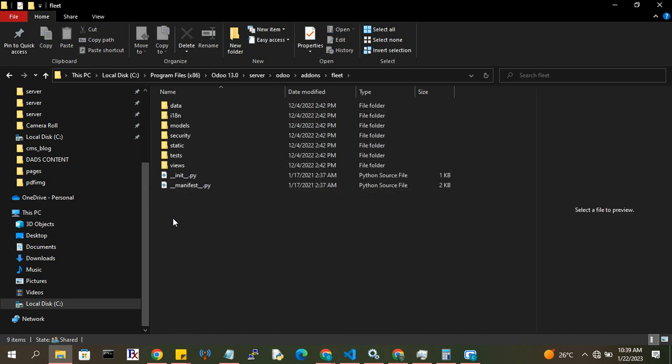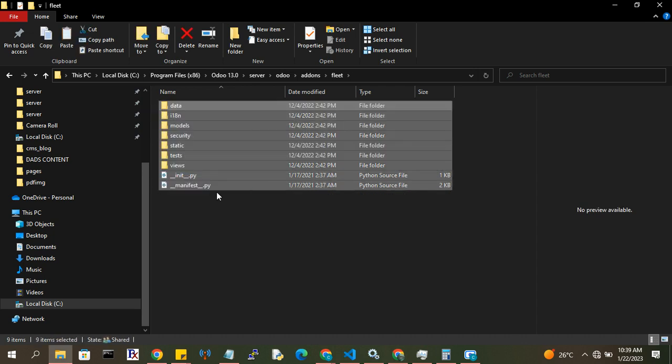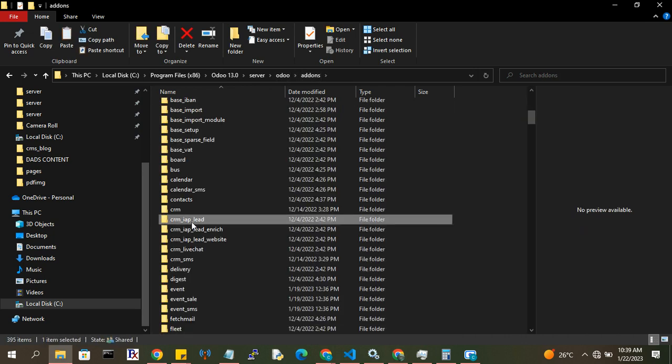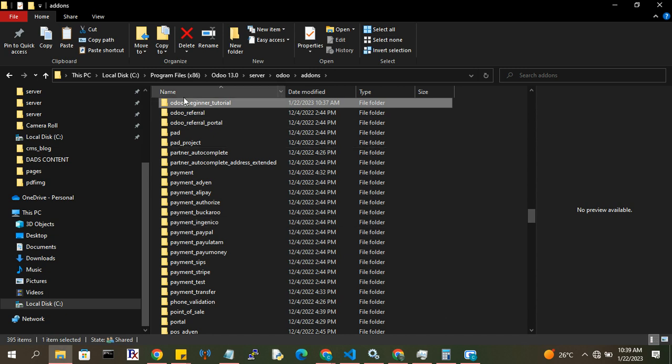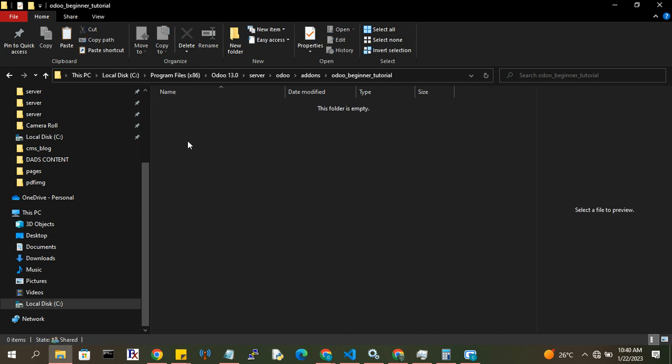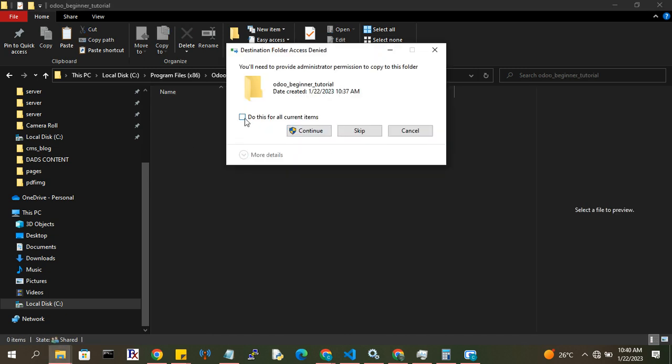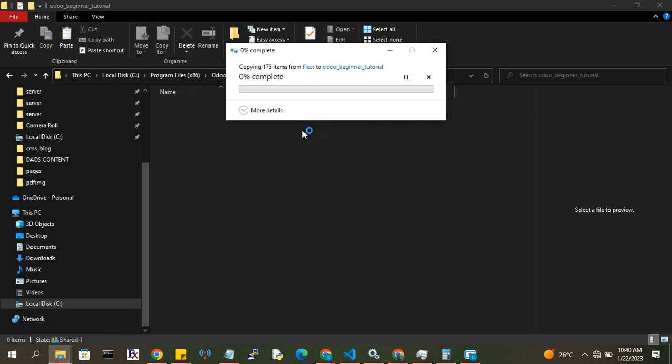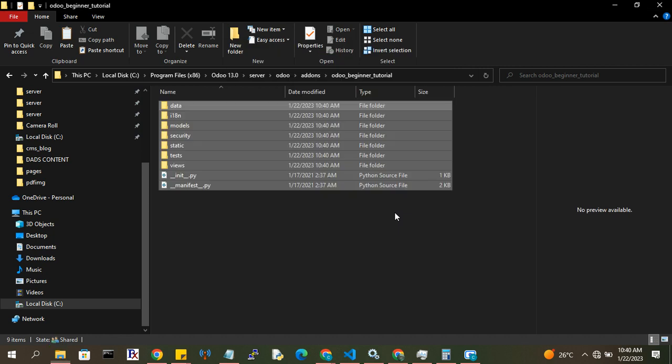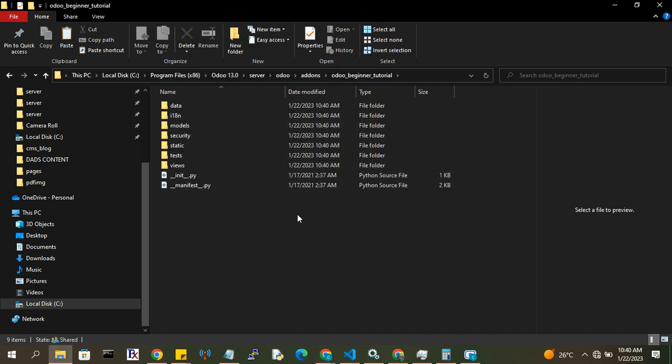So I was on fleet. Fleet is one of the modules that is in Odoo. You can see the file structure was organized, and then let me walk you through. I'll copy this and then go to my add-ons, find my Odoo, and then paste all those data structures inside this. I'll start removing some things. Recall, I've never restarted my server, so no changes will be applicable. So here,